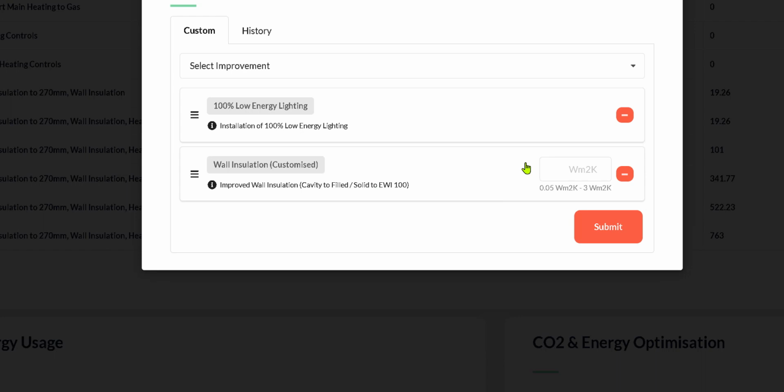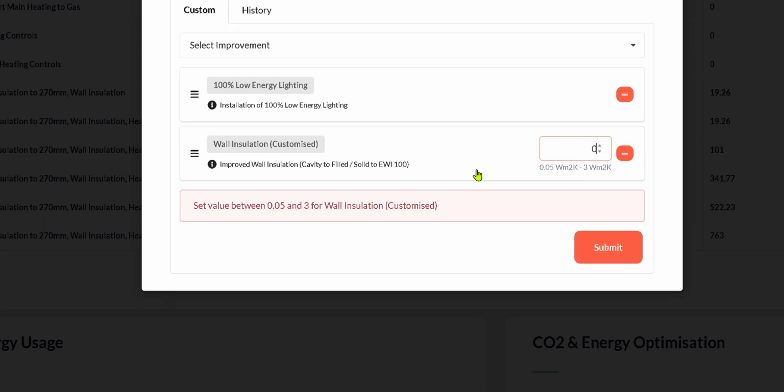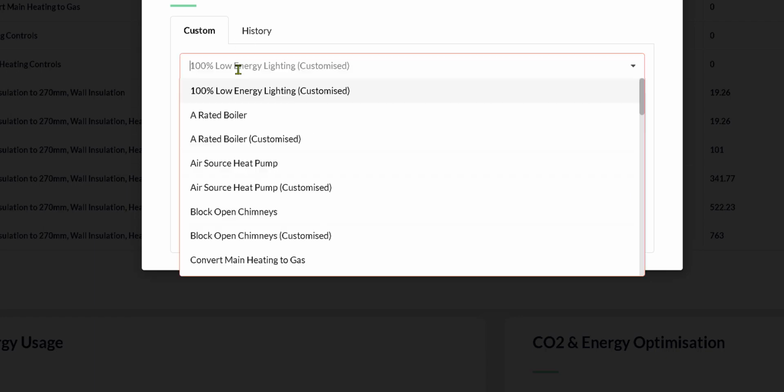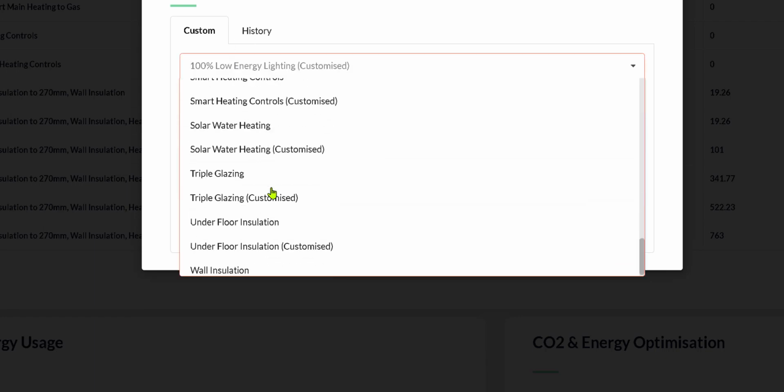But in this customized one we can overwrite that and say something like, well, we want to go to 0.25, and you'll see there, if I put in a value which is out with the expected range, it comes up with an error message. So I'll just pop in 0.25,